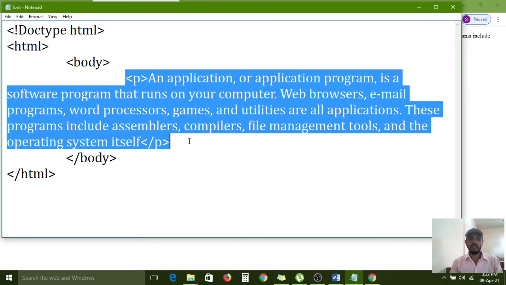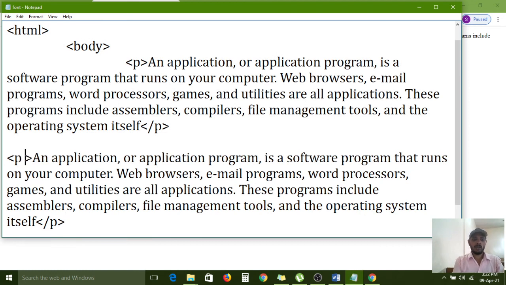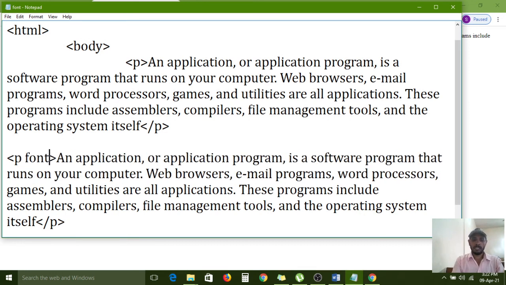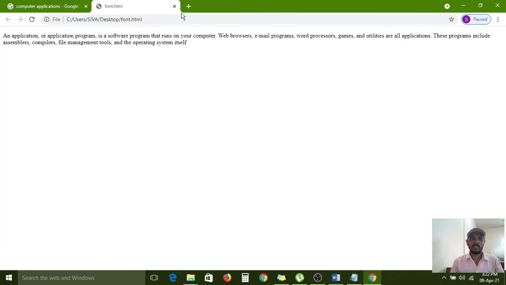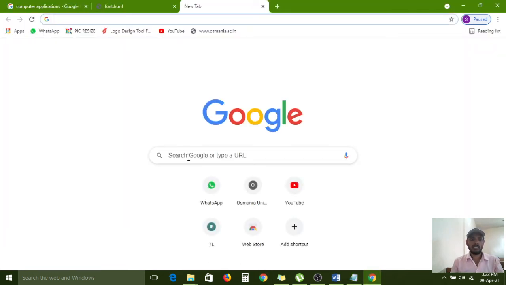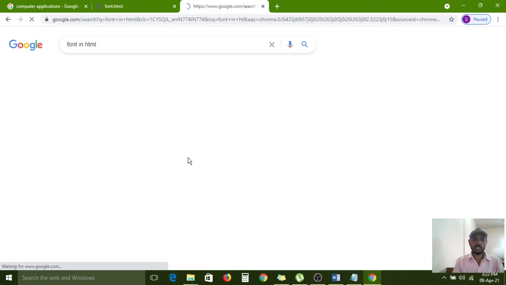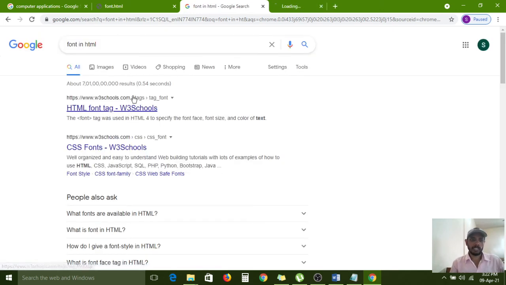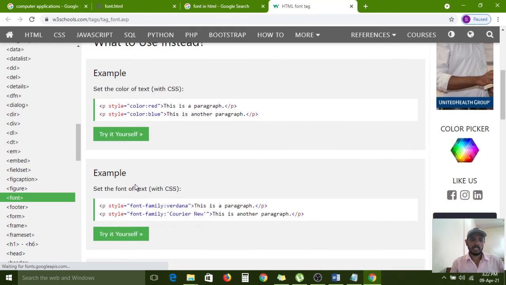Again I am copying the same thing and applying one font tag. Font equal to... wait. Font in HTML. You can simply understand how to apply this one. Font is also one of the tags.